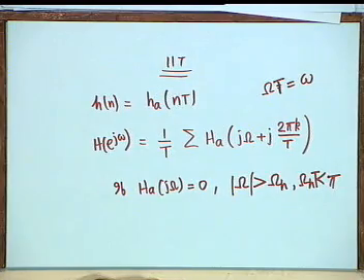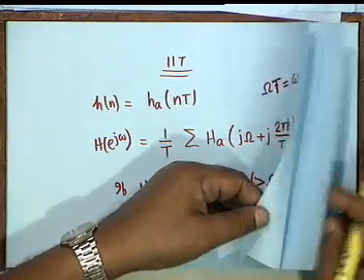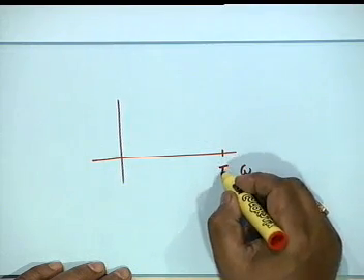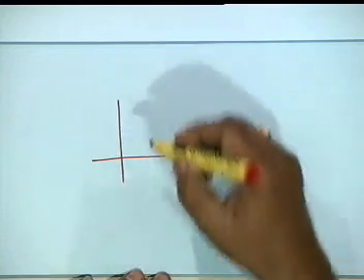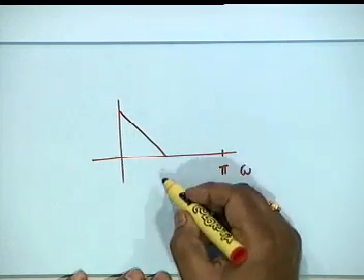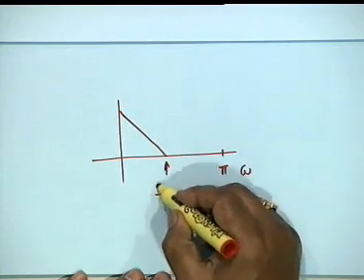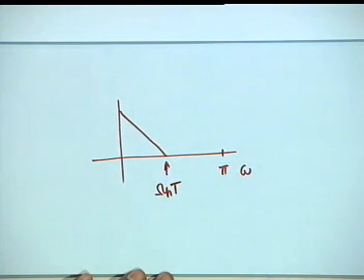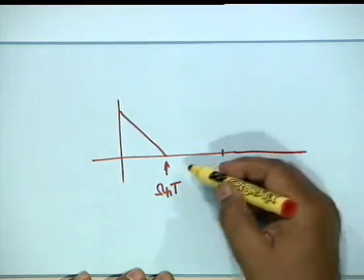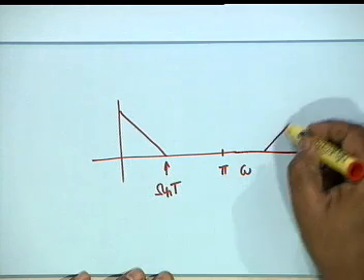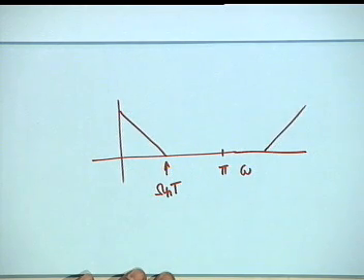Omega h t should be less than pi. Is that clear? What I want is the following. Obviously you do not recall the diagram. This is omega pi. So the first spectrum, if it comes like this, it must end at some point, omega h t, and omega h t must be less than pi. Then pi plus omega h t, there will be another spectrum like this.